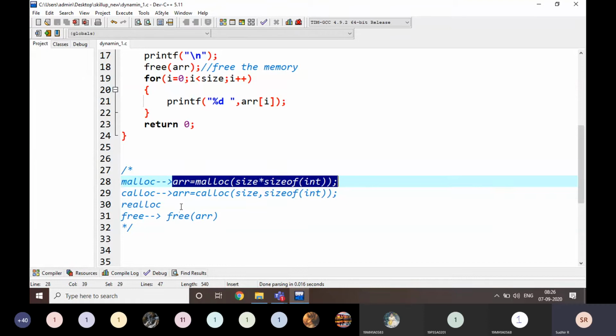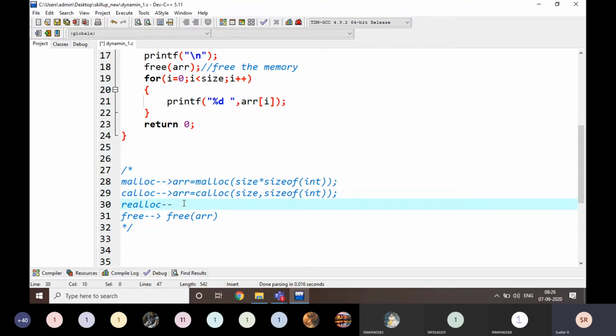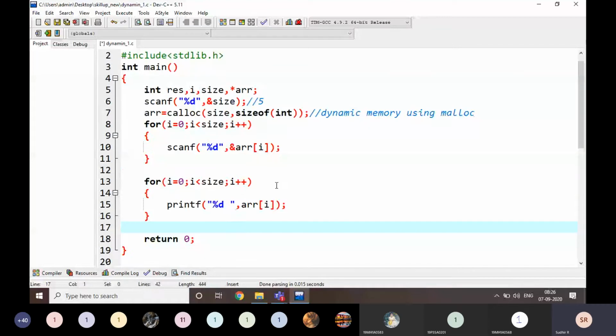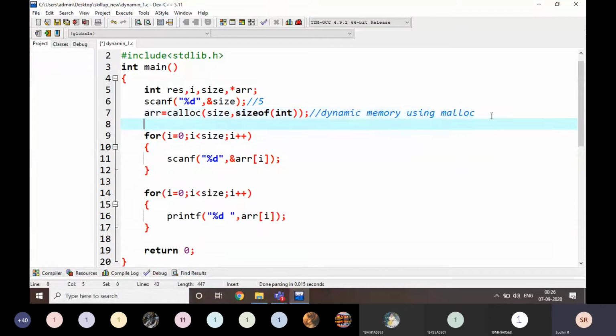And then what is realloc? Realloc is very useful here. I will show you. For example, I am going to allocate memory and read some 5 values.